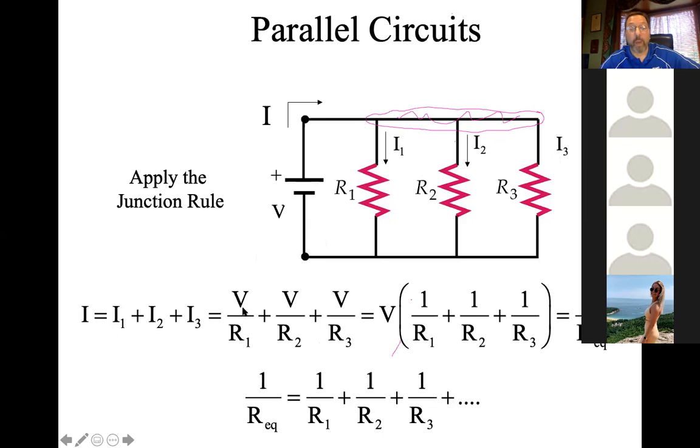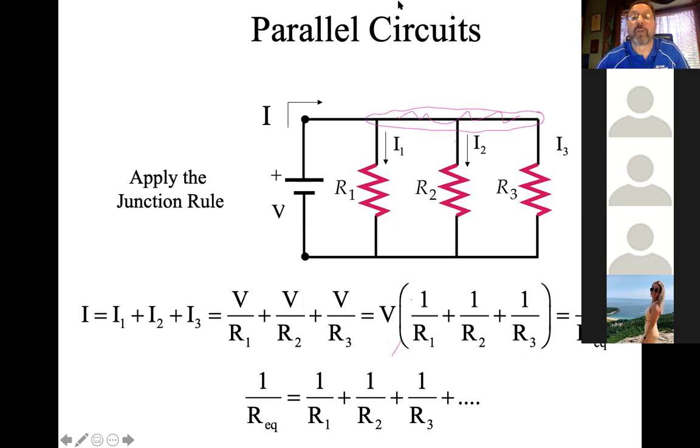Now, again, in this case, why didn't I subscript the voltages? The answer is because, as we said at the start, in a parallel network of any kind, whether it's resistors or capacitors, the voltage is the same. Since it's the same, I can factor it out of this equation right here, leaving the sum of the resistors as reciprocals, and I can replace all 3 of these resistors with a single resistor, which we call the equivalent resistance. Apparently, the equivalent resistance is 1 over R1, 1 over R2, and 1 over R3.